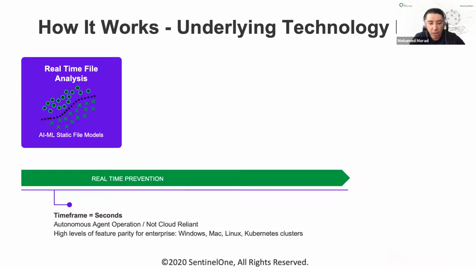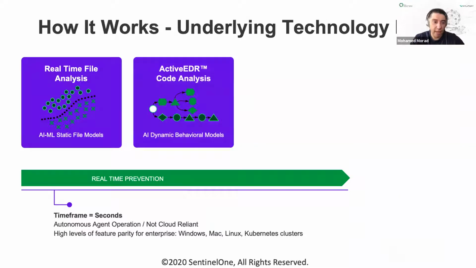So sometimes there are suspicious files that don't reveal all of their behaviors or all of their characteristics. So the agent will decide that this is a suspicious file, and you have the option to either block it or leave it on your system. But even if you left the file on your system to run, during the execution of the file, the SentinelOne agent is going to analyze all the behaviors,